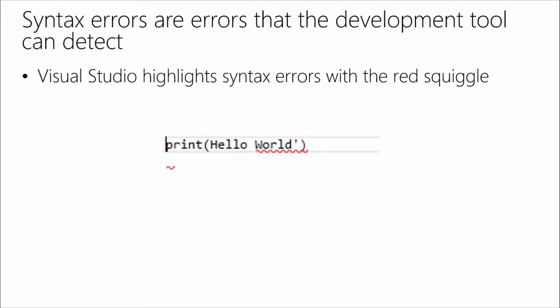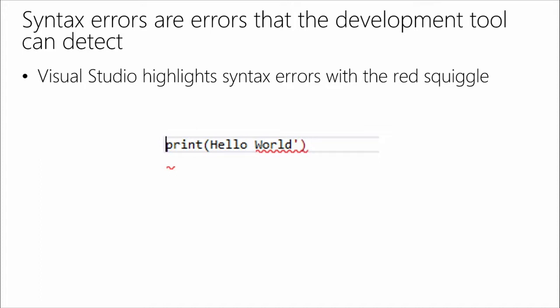Now, the wonderful thing about working inside a tool like Visual Studio is that Visual Studio will highlight your syntax errors with that little red squiggly line. And you know what I love about that? It's the same thing you see with spell check in Word. We're actually used to the red squiggly meaning, go look here, you have a mistake here. It's too bad they don't give you the autocorrect like they do for spell check. Yeah, that'd be nice. Maybe that's coming later. From IntelliSense, we could have a spell check autocorrect for our code. Just kidding.